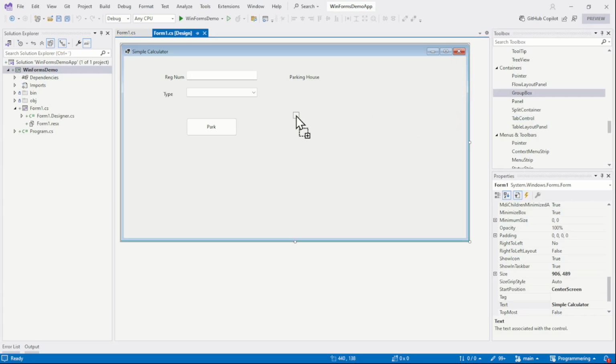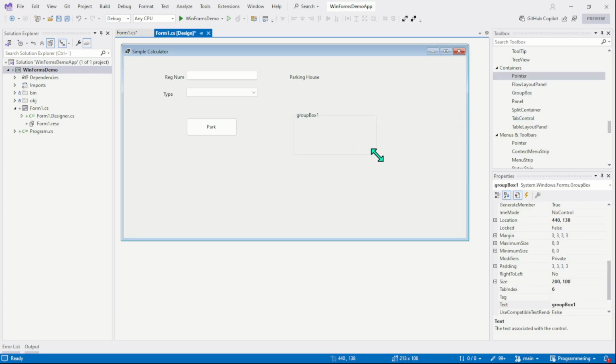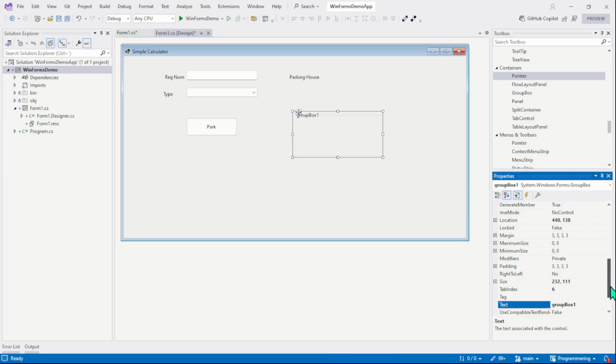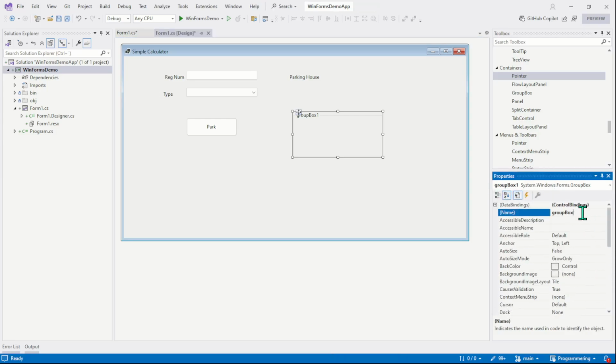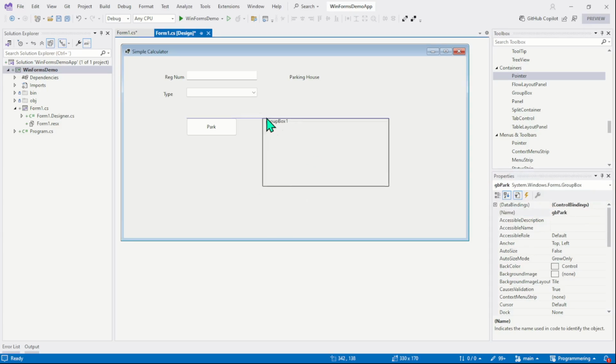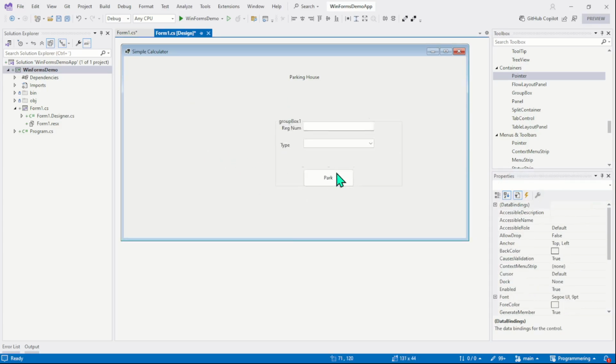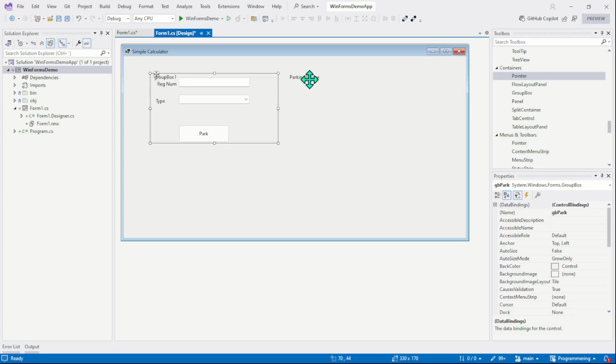Drag the container on the form, and this is how it looks like. You see the light boundary. This is a container boundary, and this is the title. The name of the container is group box. We can change the name of the container. For example, group box park,